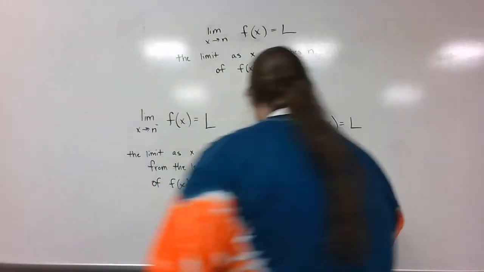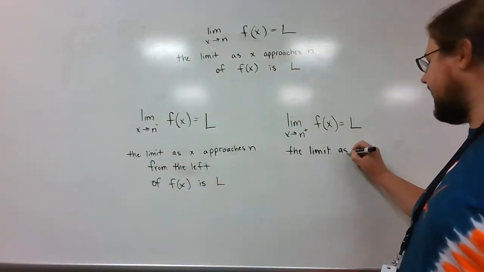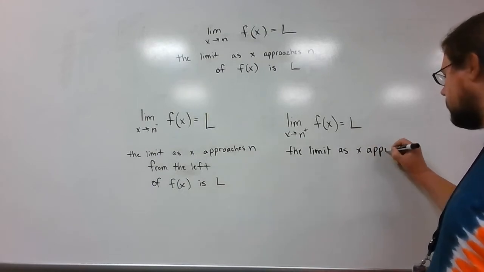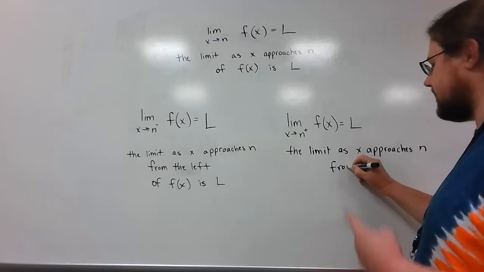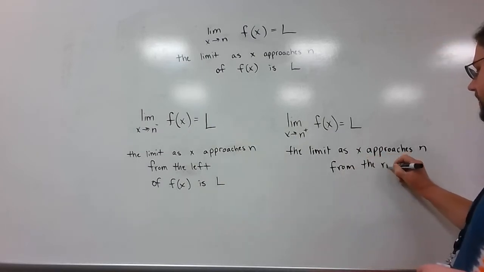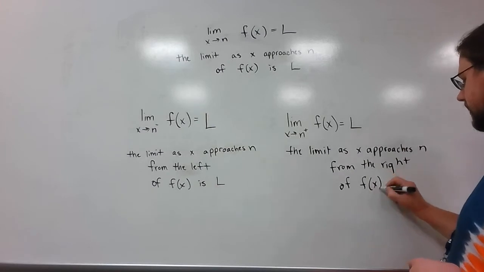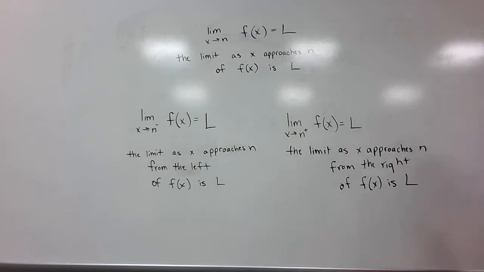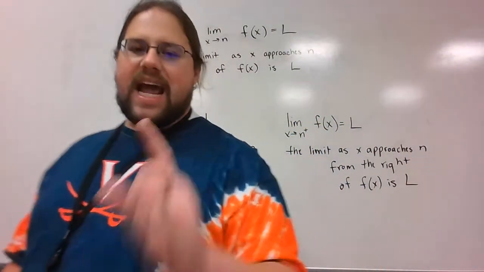I'm going to write that down again real fast. So the limit as x approaches n, in this case, since it's got a plus sign, from the right of f of x is L. Now the question you're going to ask me next, and I know what's coming, is what happens if